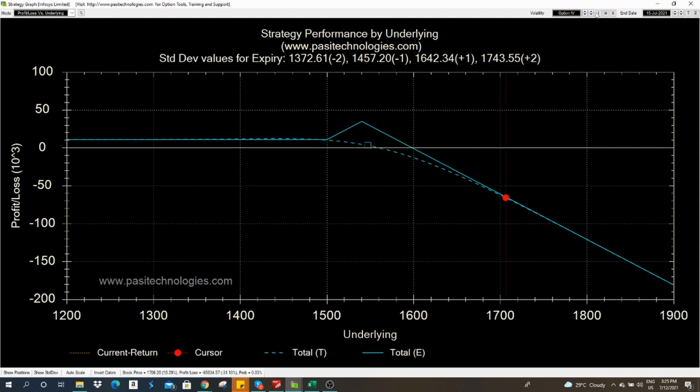But as of now we are assuming that the volatility will stay the same. Suppose the volatility drops by 10%, then you can see our break even goes to 1590 rupees. That is what we are trying to capture. We want to capture the volatility crash as well as the time theta decay for the next 3 days.